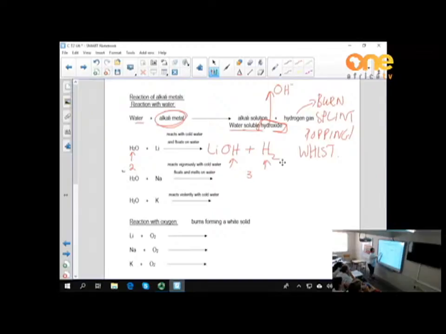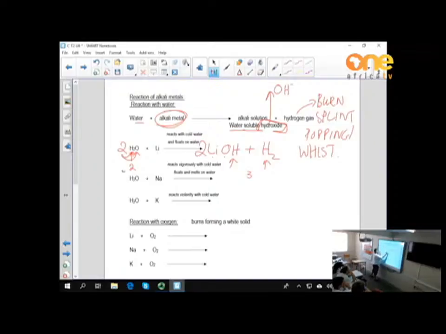Lithium I have 1, lithium I have 1. I have 1 oxygen, that seems to be okay, but we have a problem with the hydrogens. How am I going to do this? If I put a 2 in the front, how many hydrogens will I have? 4. How many oxygens will I have? 2. So, if I go and put a 2 there,